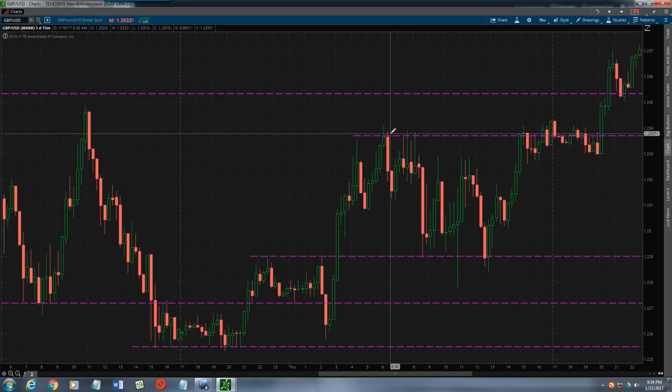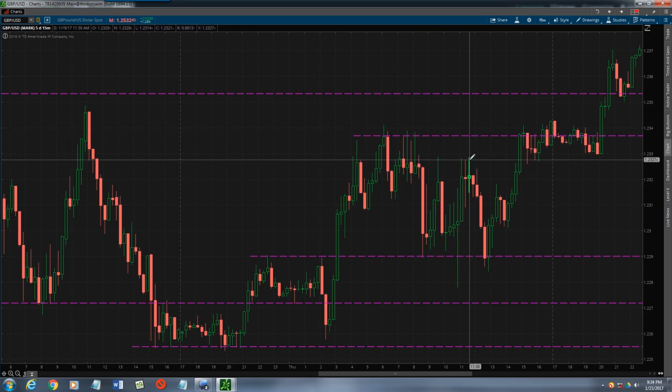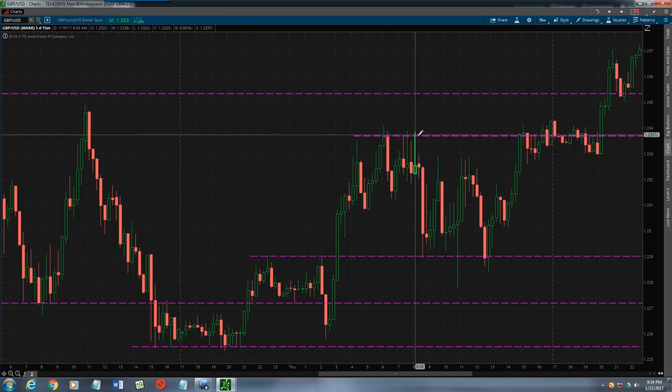So like here, that established itself as a resistance, never really got tested, came back up. You could even say, like, maybe here was resistance, but I'm looking at kind of this in relation to this. There's nothing really over here, so this kind of established itself in space. And so the way I interpret it, I don't really pay attention to that. I pay attention to this. Okay, maybe that's just screen time, but